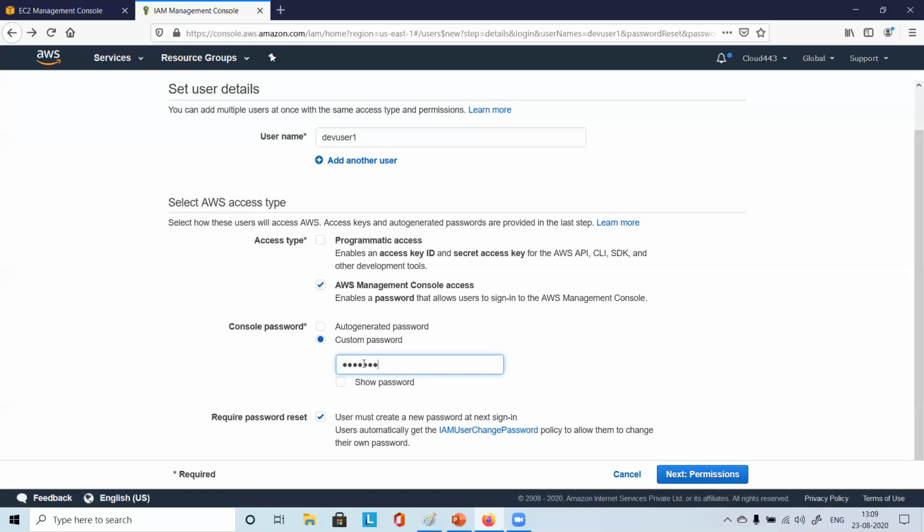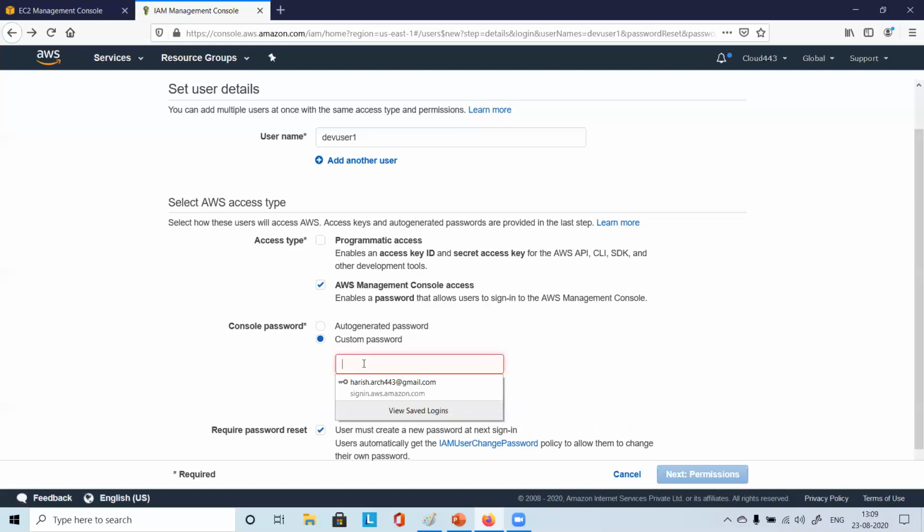Say you have any server access, for Windows or for Linux or any server. When a new person joins, that person will get some access. Like that only, this user is a new joinee who is joining the development team. So we are creating one user for that person. Okay, understood. So let me put a password.